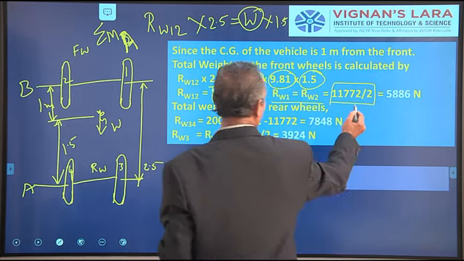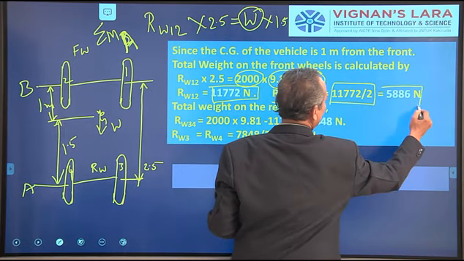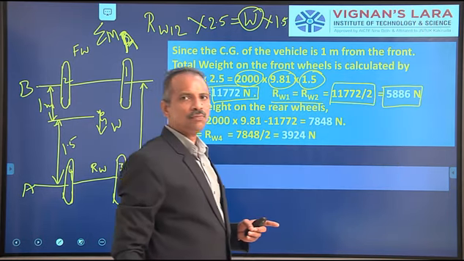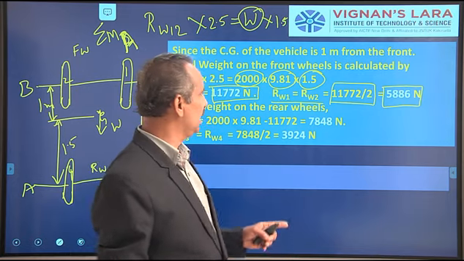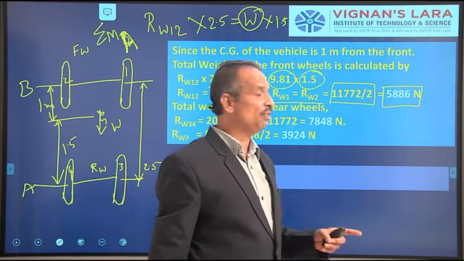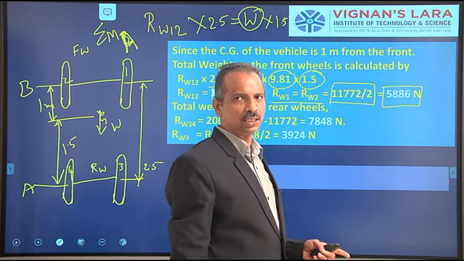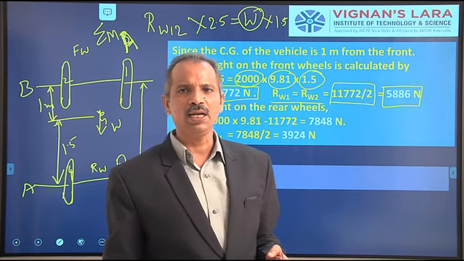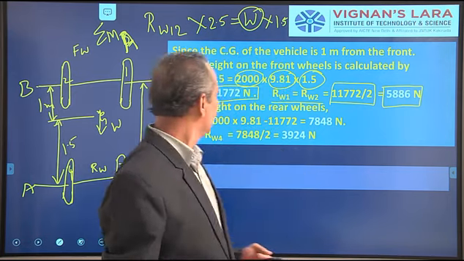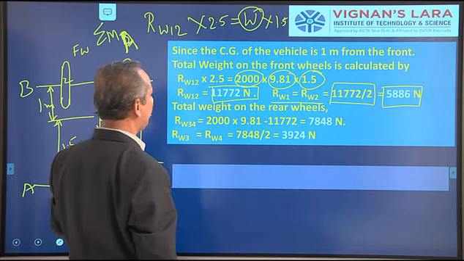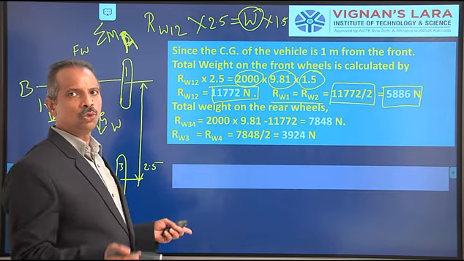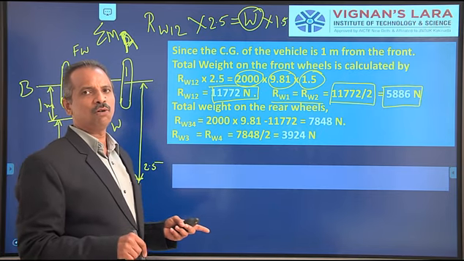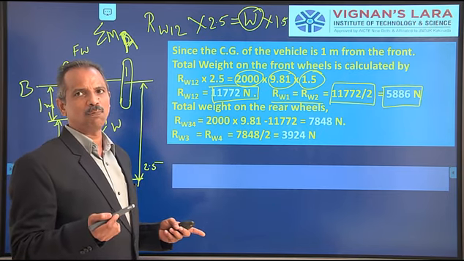That gives the reaction due to self weight on the front wheels, which is 5886 newtons. Then coming to the rear wheels, I need not calculate moments once again, because you know that